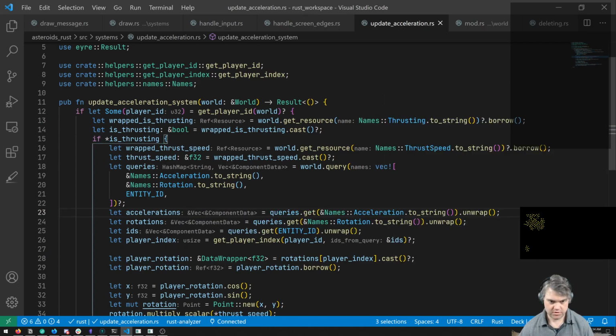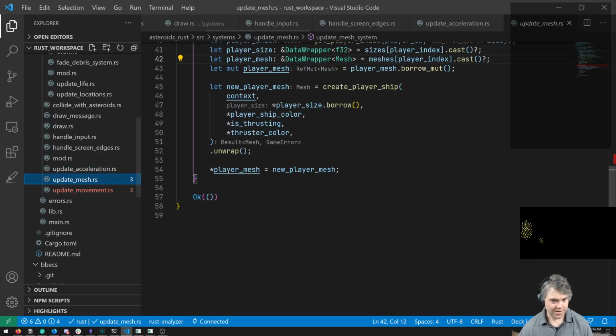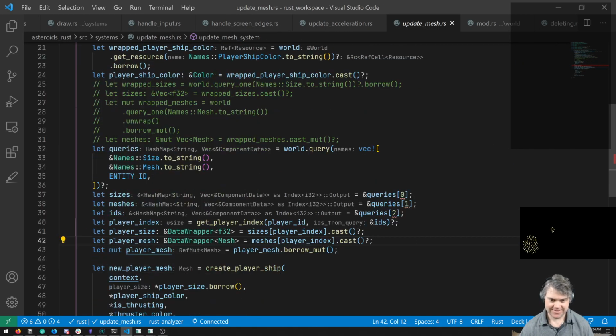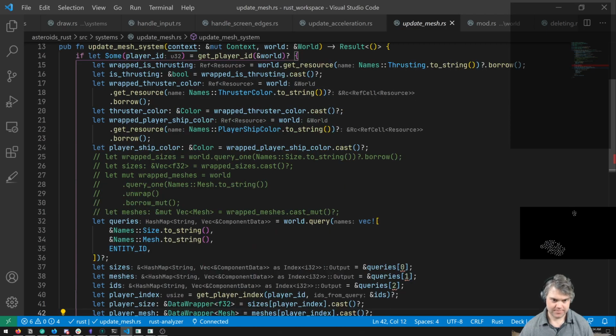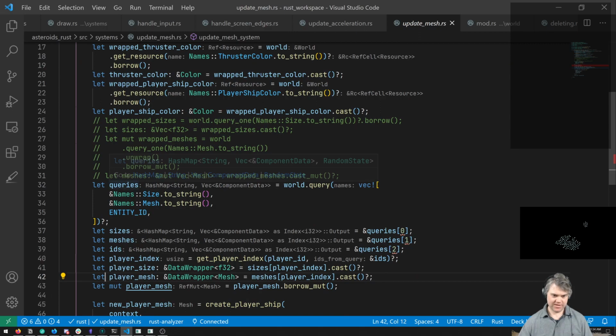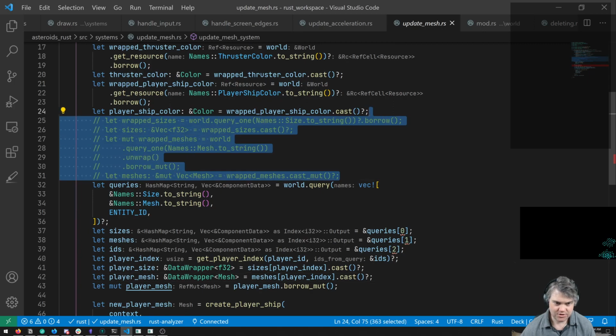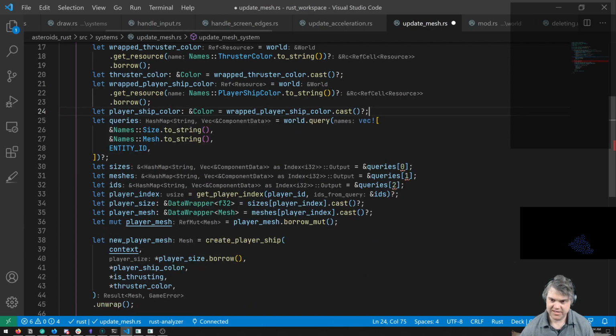Okay, we go for that one. Almost there. What's happening here? What did I do here? This is the update mesh. I don't even think I need this code. I don't think I need that. It was working elsewhere. If I need it, I'll rewrite it, but probably better than I had it before, I'm sure.